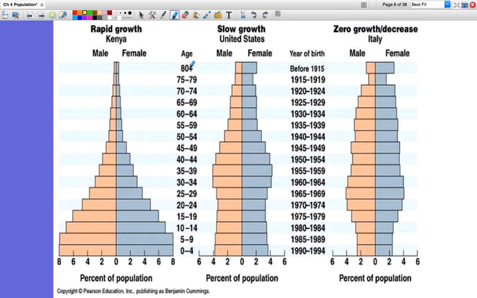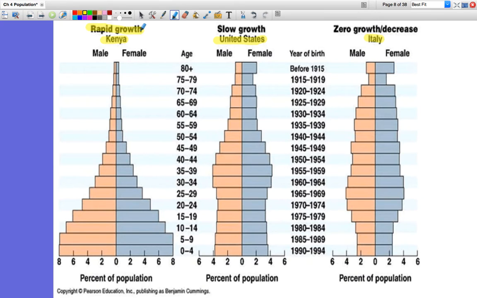So we can see growth rate predict age and grouping trends. So we have the population of Kenya, the United States, and Italy. Italy's a much older country than the United States, and Kenya is a developing nation. So we can see that Kenya follows that population trend of a developing nation where they're going through rapid growth